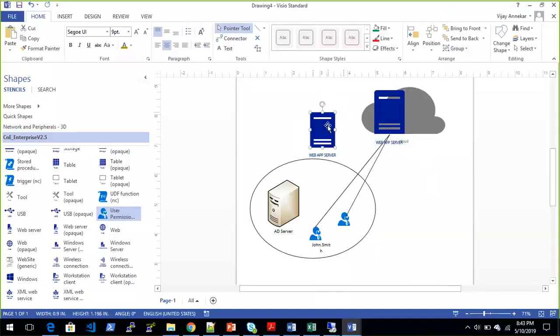There is one more web app server that can be in the network, and if this machine is joined to the domain, John Smith does not have any problem accessing this web server because it works seamlessly with user ID and password. However, if this person wants to access this web server using the same credentials, in that case,